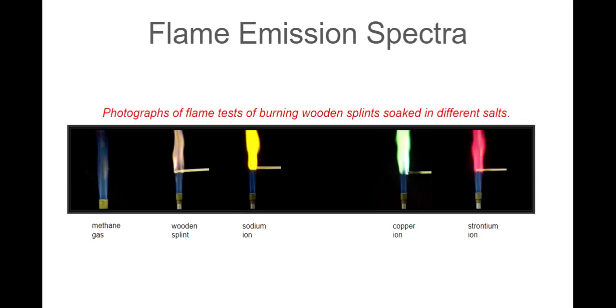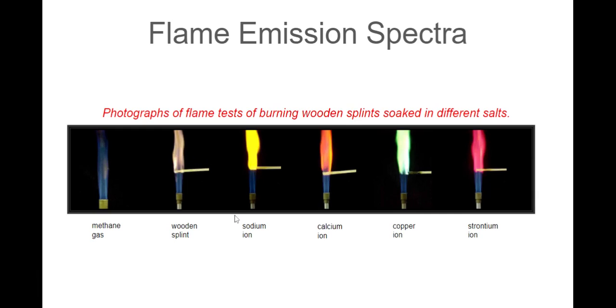Strontium burns a very bright red, and calcium burns a nice orange color. So, just by using the energy from fire as opposed to the energy from electricity to excite the electrons, and then as they move back down and give off that light,